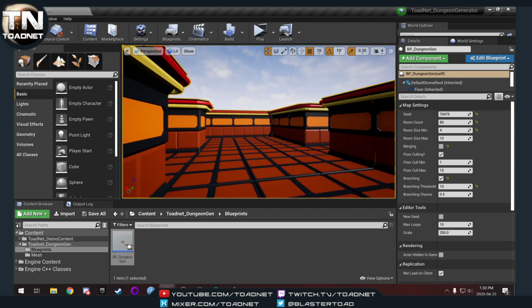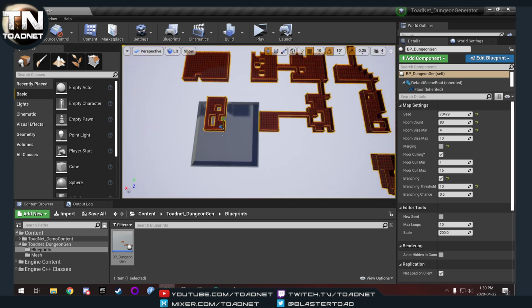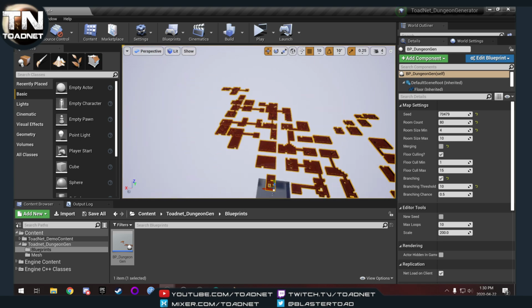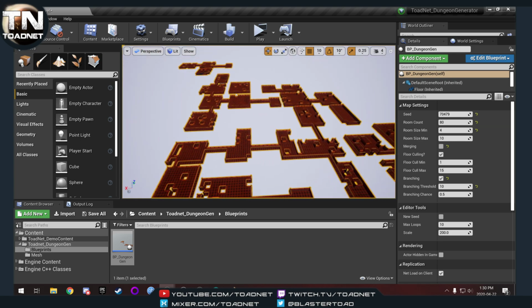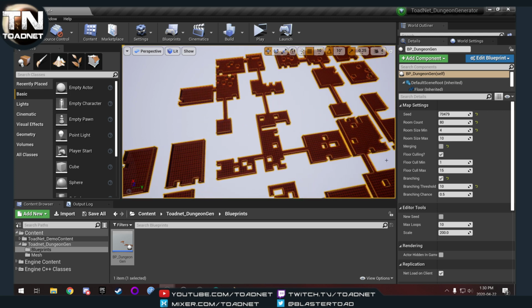Oh, am I back in the same room? I am in the same room. And that's a dead end there. But yeah, it won't be once we get the corner rooms. Like look at this section here. We've got this whole